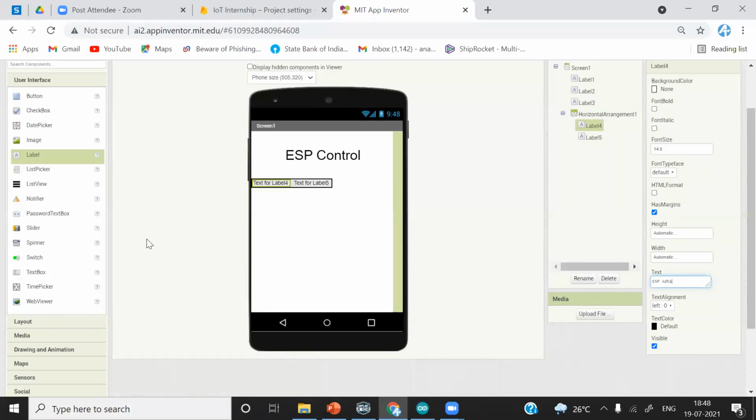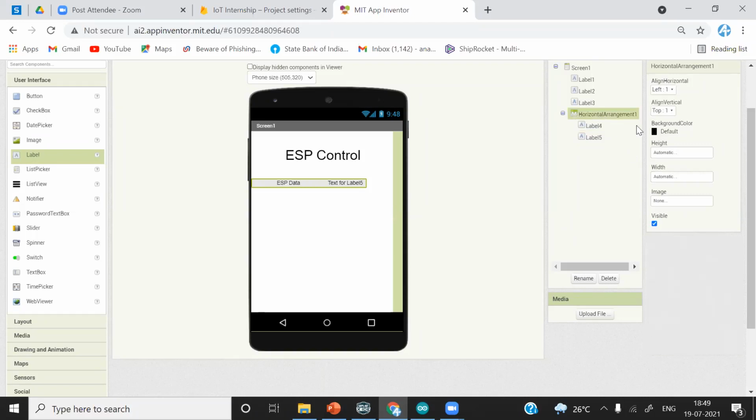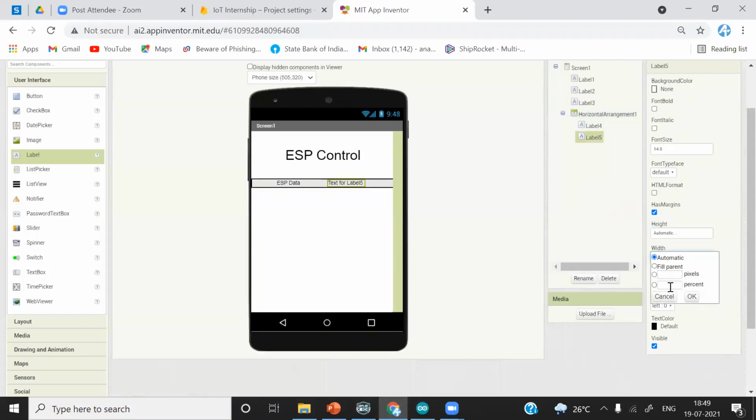Data can be anything, temperature, moisture. You can give any name you want. We'll make the text alignment center, make width 50% for symmetry. First select the horizontal arrangement, make the width 100%. We'll make the width for this label 50% and make the text null.